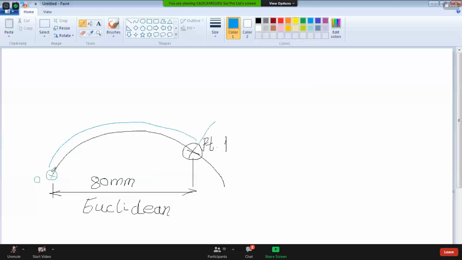But if you try to measure the same dimension as an arc length like this, now this dimension measurement is not linear. And I'm measuring this dimension as 80 mm like this. So this type we call geodesic.